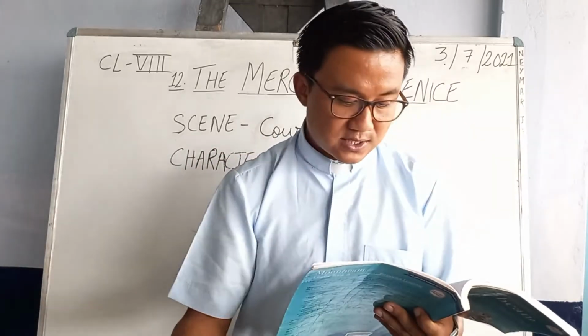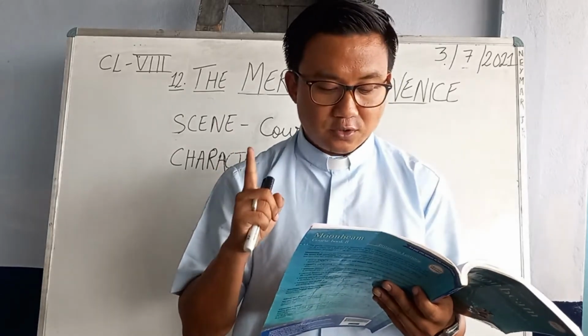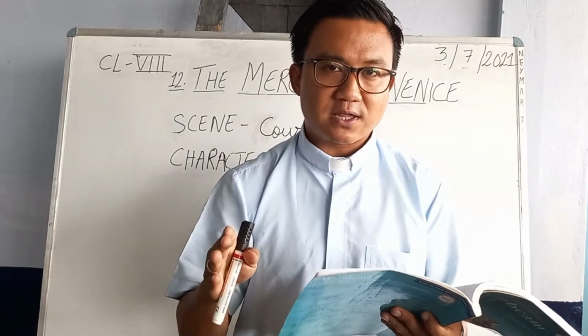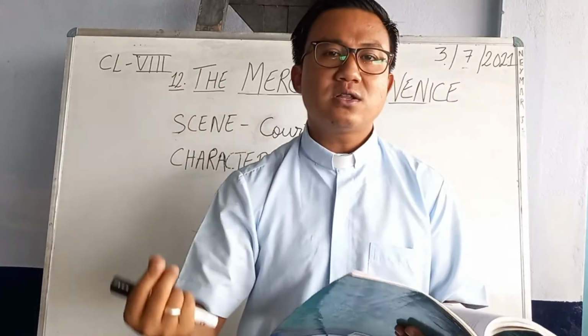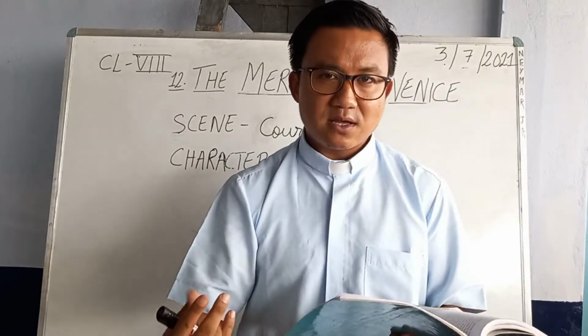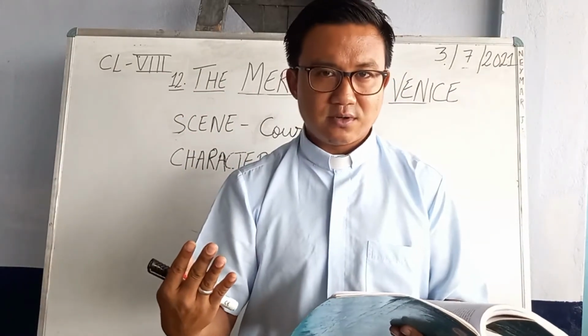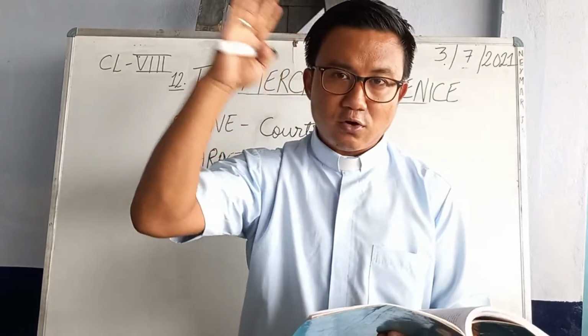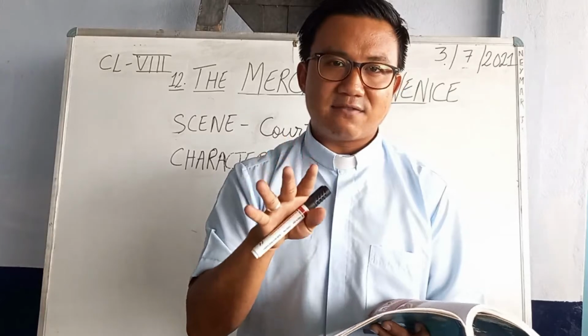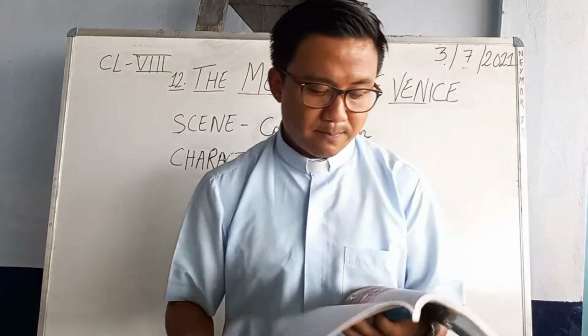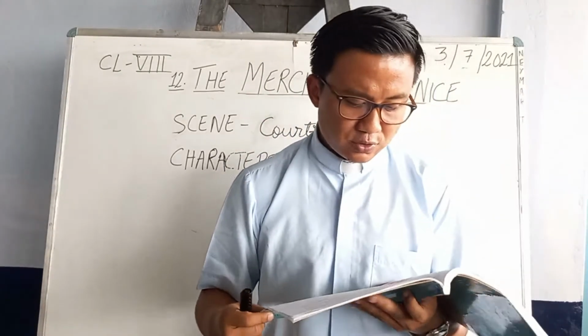Bassanio is requesting, do a right thing by doing a little wrong. Don't let this devil have his way. Bassanio is requesting the Duke, why not bend the law, change the law? For a good intention, why not take a little bit of a wrong step? Wrong step means changing the law. It would be wrong, but it is for a good purpose, isn't it? Saving the life of an innocent person. That is what Bassanio is requesting of the Duke and Portia.